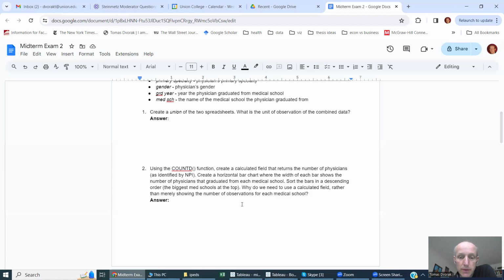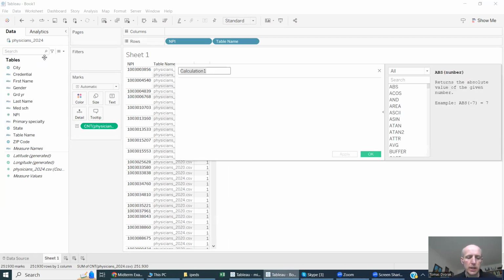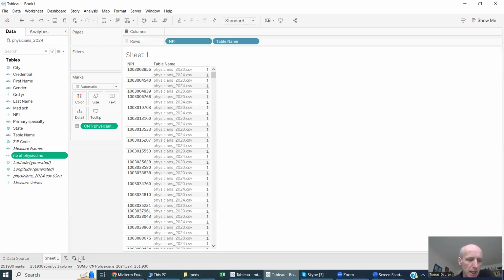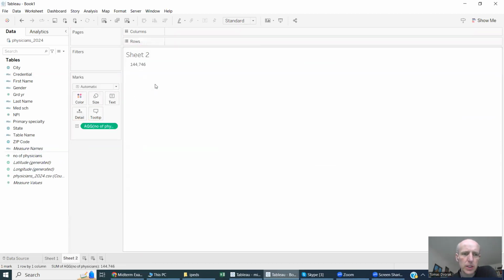Next, using count_d function, create the number of physicians, horizontal bar chart, and so on. Okay, so let's create a new field. I'm gonna call it the number of physicians, and it's going to be count distinct of NPI. Fantastic. Let's see how many physicians we've got. Total